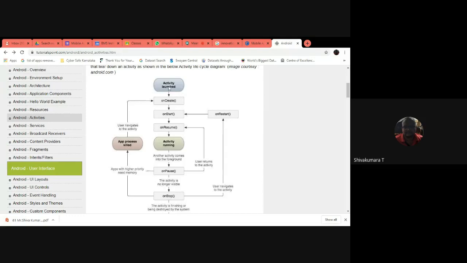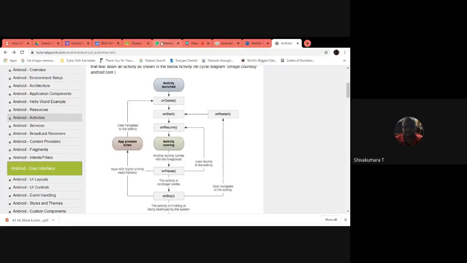So when you click on the application icon, it will call the on create method internally. So the on create method helps to load the bundle resources which will be used in your first activity screen.